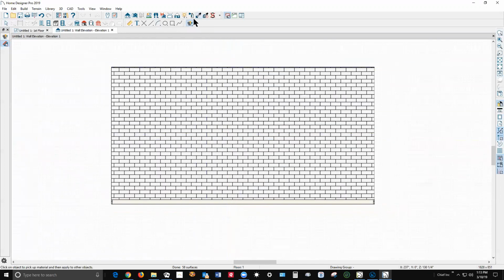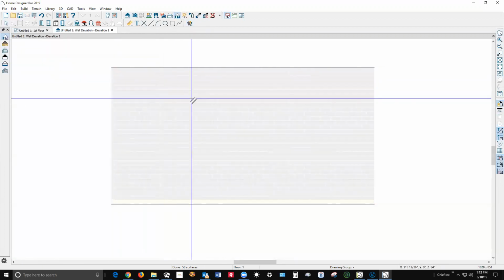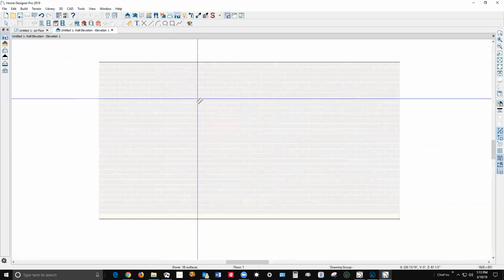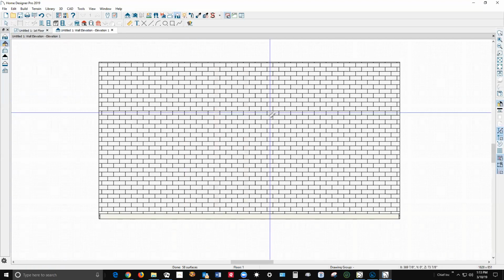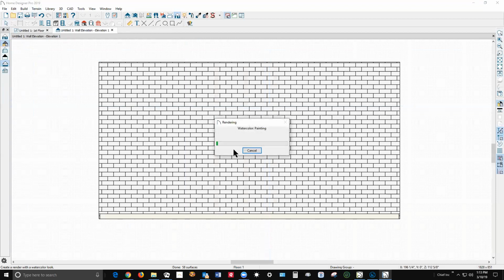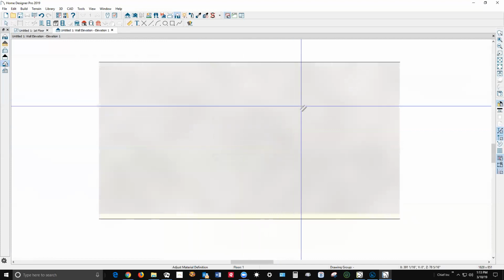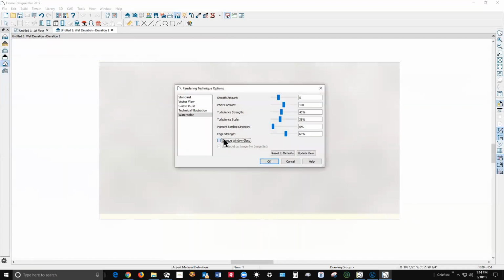Let's go over here to render techniques and go to standard, and you can see, oh, it's kind of hard to see, but we'll change to a vector view, and those black lines stand out better. And we'll go to watercolor. And just, okay. Now I'm going to go over here and turn on watercolor with